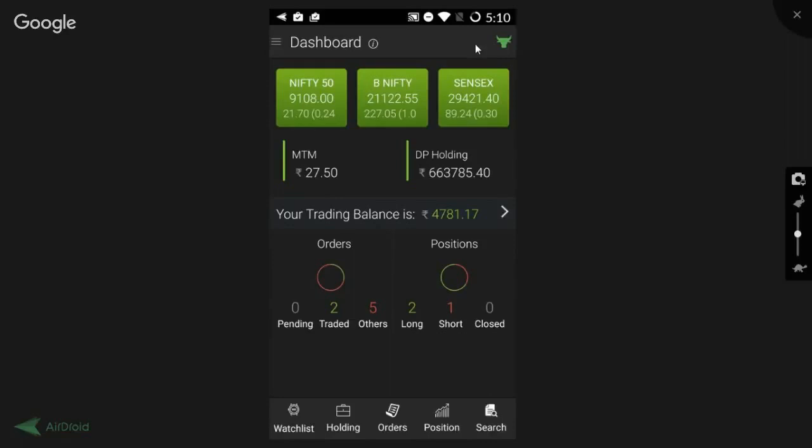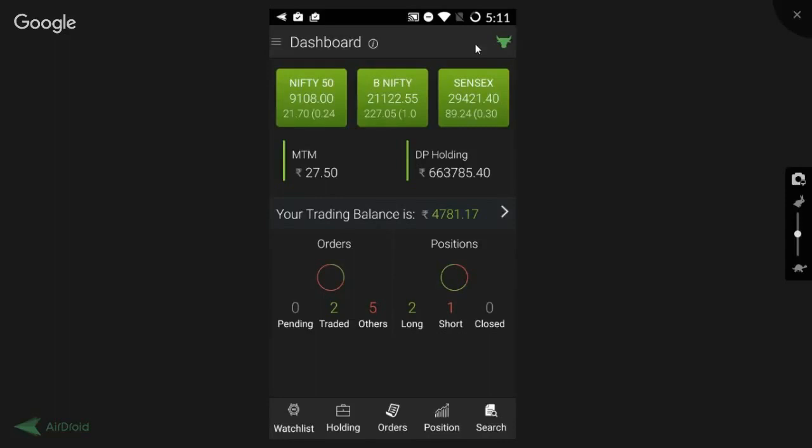And if you place it in ticks, now ticks is with the difference of paise. So in 1 rupee, there are 20 ticks. That means it is a movement of 5 paise. So you have to multiply 5 by 20, that is 100. So if you select ticks, you just have to enter 100 and it would be the same. So when it moves by 100 ticks, that is 5 rupees, your order would be executed. And it is only available in the bracket order, the ticks and the absolute one. In cover order, it is given a range, so you only have to place your order range.